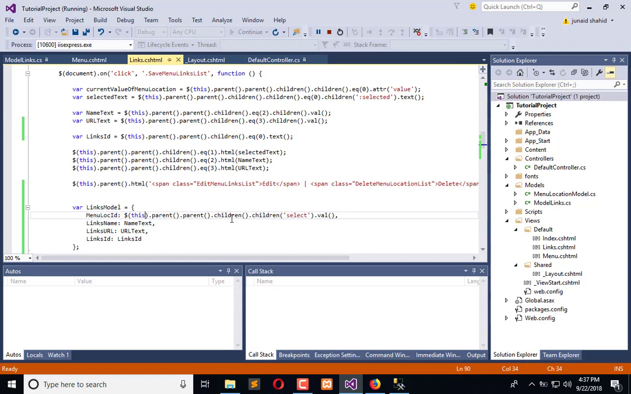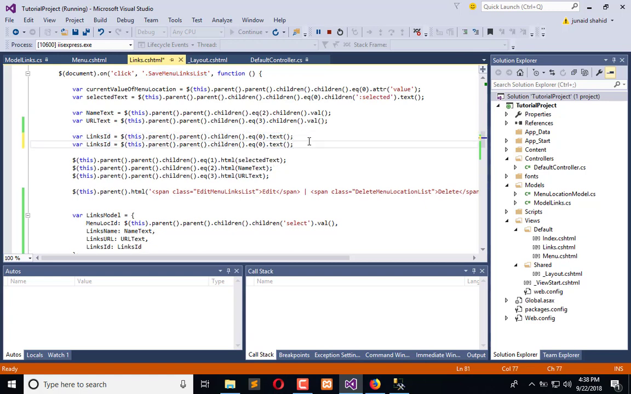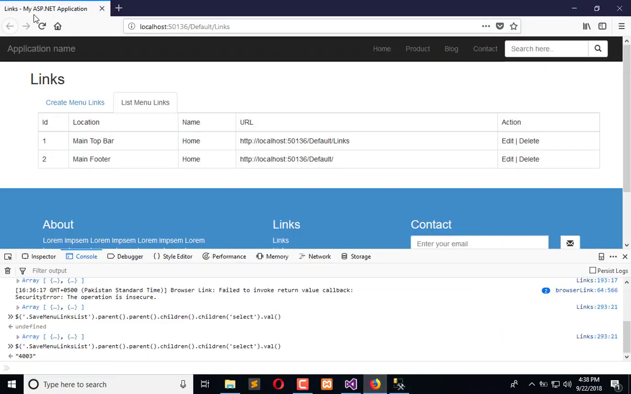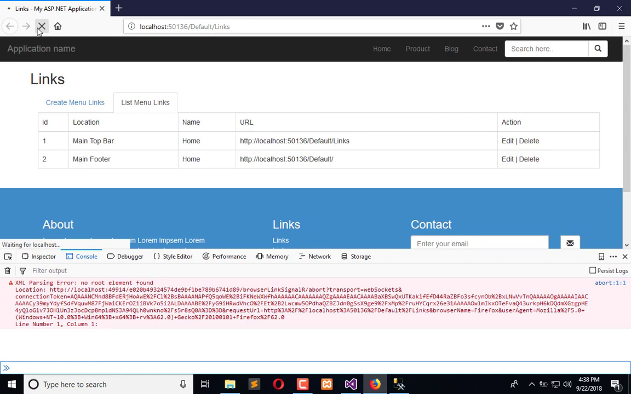Yes, I have found that the reason is that when we are extracting that, it is removed dynamically, so we need to extract this here before it gets removed. Like this, and now we have done it. Refresh the application,